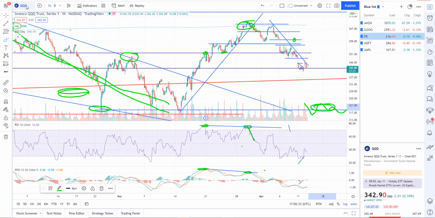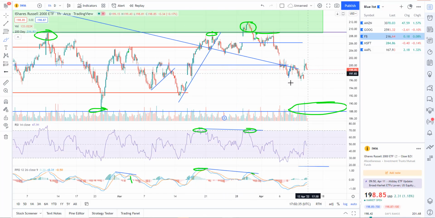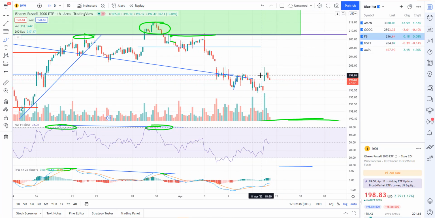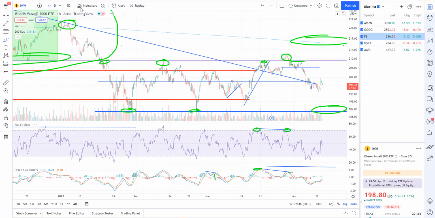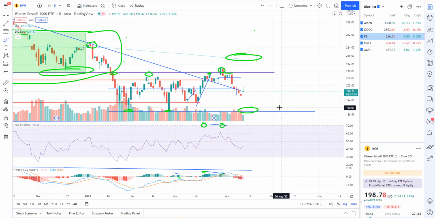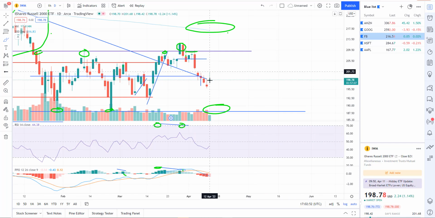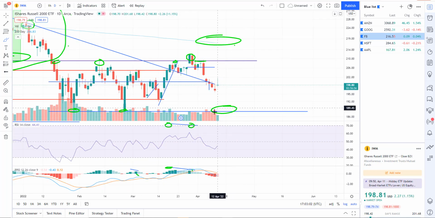Looking for more downside. IWM, small caps, again, just a little bit. IWM's actually been a little stronger than the tech sector. But ultimately, if we're going to head lower in tech, IWM will sell off as well. So going to the daily chart, again, we're just a little counter trend bounce today, but being sold into. And I think we're heading lower. Next area of support I don't see until we get down to about 188. So that's the near-term target. I think we'll break that level and actually head lower, but that is support. So until you see the break, that should hold.